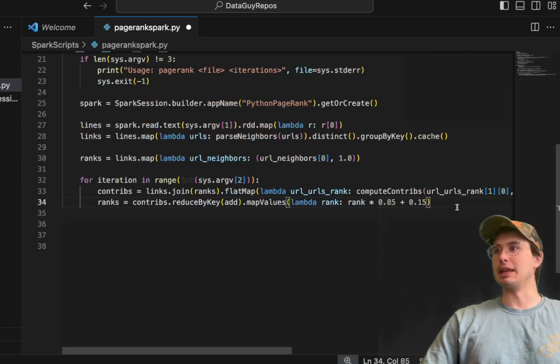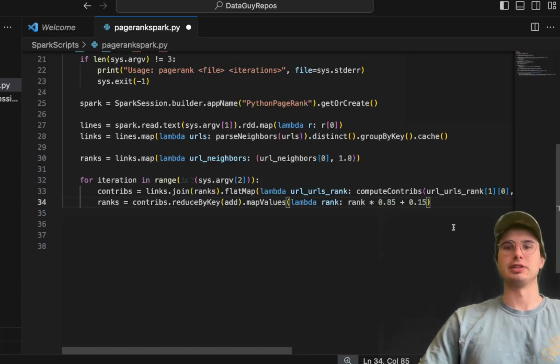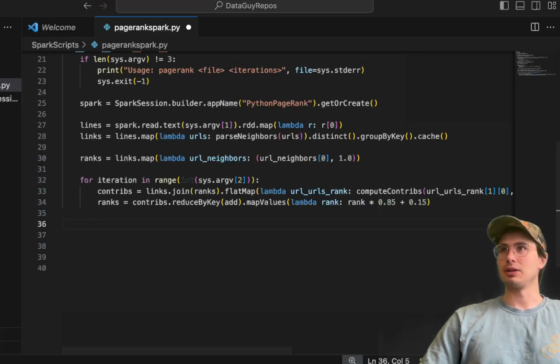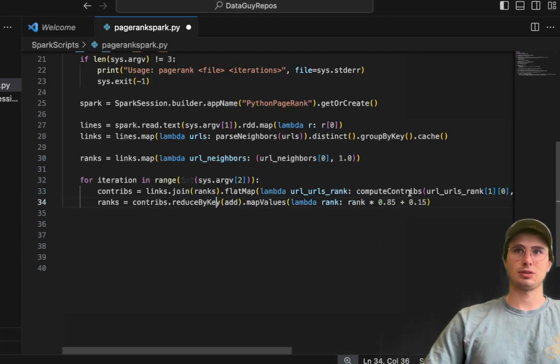and then using our contributions, computing the rank for each of the URLs. And then what we'll do is we're just adding them, applying a weight of 0.85 just so it doesn't fully dictate it, and then they all have a base rank of 0.15. So after we're done with that, then what's going to happen, and actually I think this is a better way of visualizing it. So here,